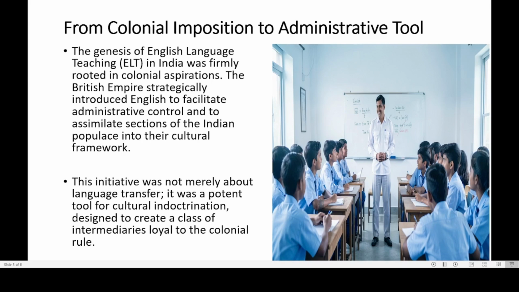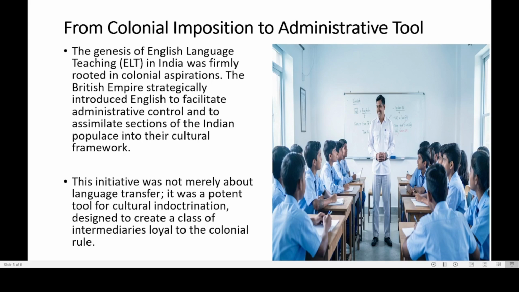My dear students, now let us go back in time to around the 19th century when India was ruled by the Britishers. The British government had a very practical problem. This practical problem was related to the huge country that is India with many languages and regions. And the British officers found it very difficult to control this country. And they needed people who could help them run the administration in this country.